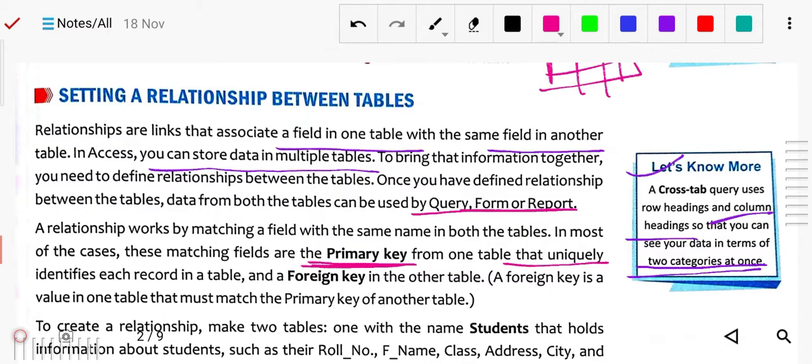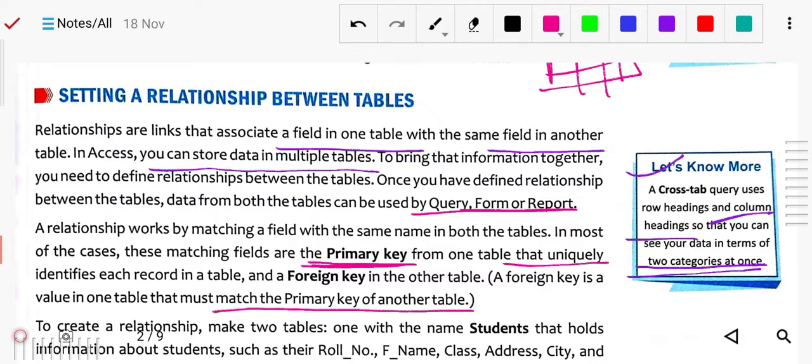And a foreign key in the other table: a foreign key is a value in one table that must match the primary key of the other table. So that is about the primary key.